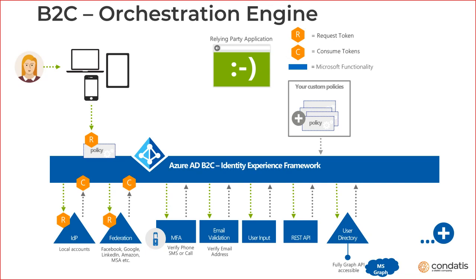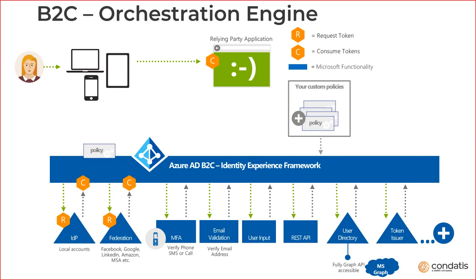Ultimately, once the journey is complete, a token is issued back to the relying party via the user's client, which the relying party consumes to confirm that the user's authenticated. So you've gone through the full journey of the user turning up at the relying party requesting authentication, B2C running some journey depending on the policy that's being executed, and then returning a token back to the relying party to say this is an authenticated user and they have these particular details associated with them. And that's how the components interact.